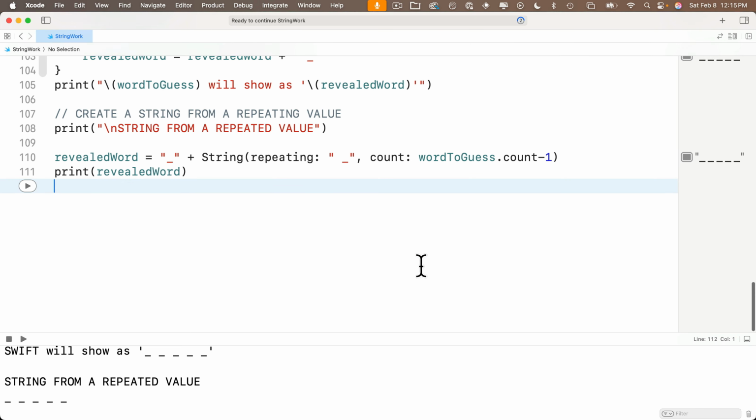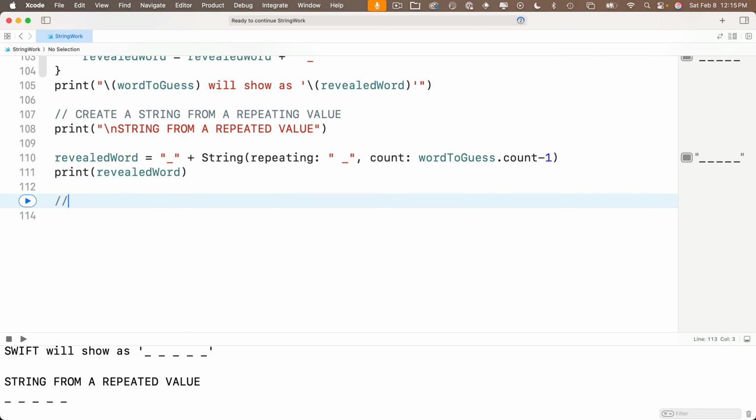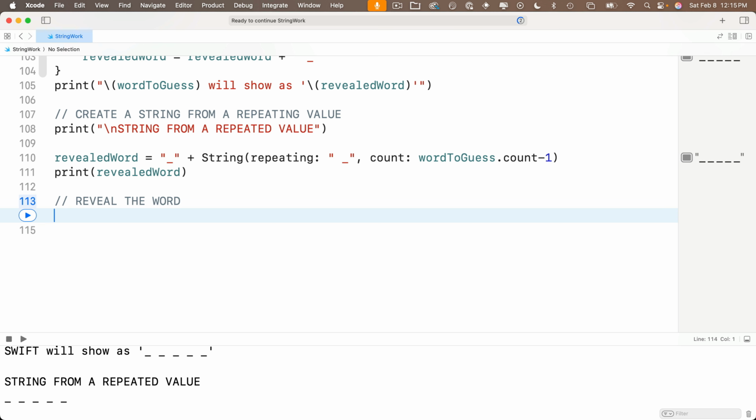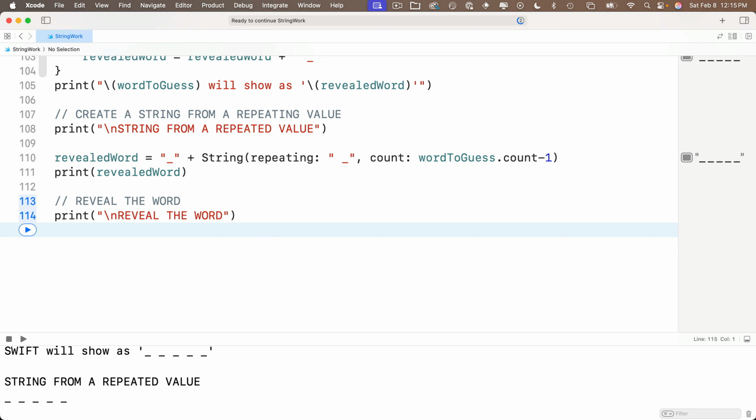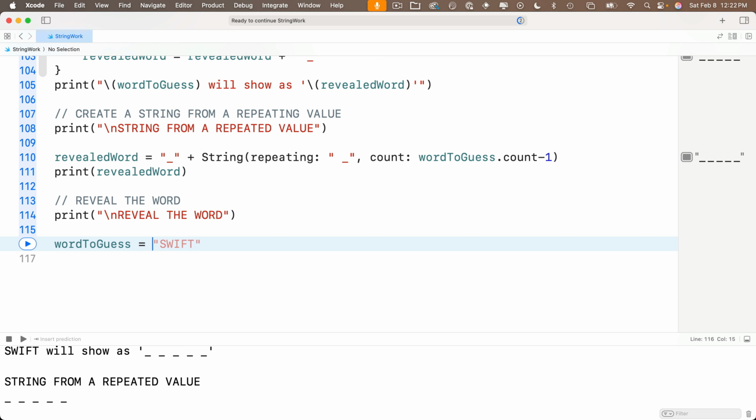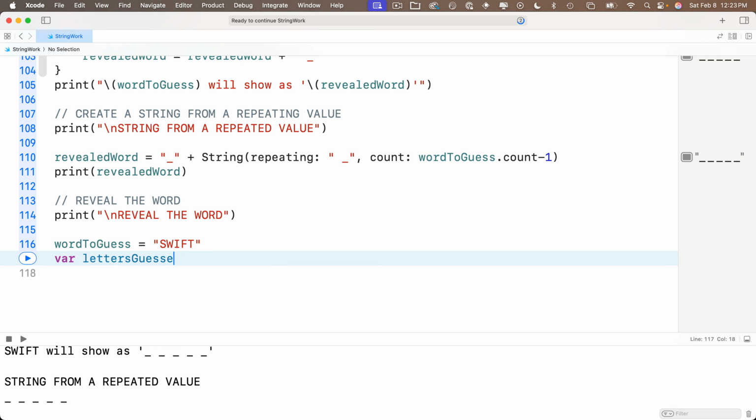And the playground that I'm showing here is the string work playground that we were using in the last lesson. So we'll start with a comment here, reveal the word, and also print a line that says reveal the word. Now the comment should say reveal the word, not reveal the world. That would be an entirely different app. And on the next line, we'll say word to guess equals Swift. And then under that, we'll say var letters guessed equals, and we'll start out with the same thing we had in the challenge slide,